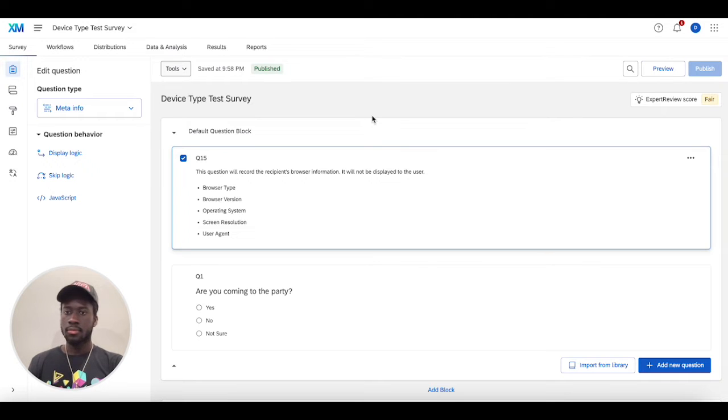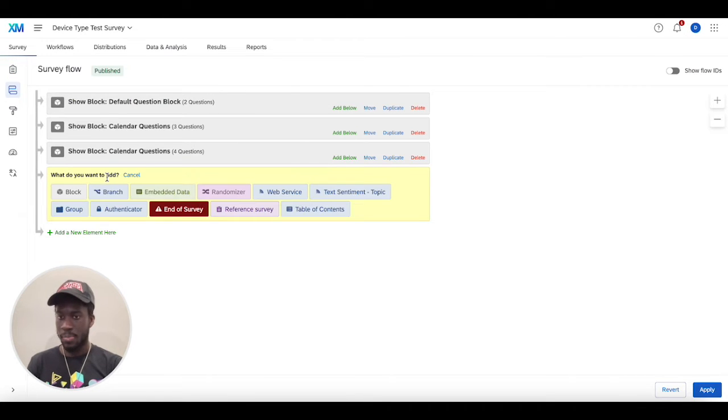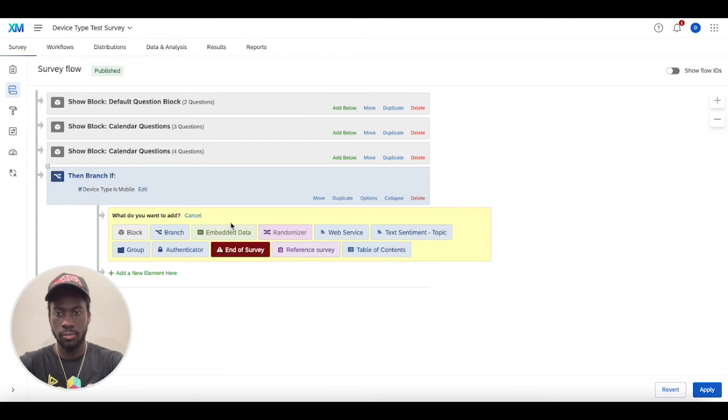Perfect. Now the second way of adding this additional information to your survey is in the embedded data itself with your survey flow. So if you head to the survey flow, there's a very specific branch statement that you can use called device type to capture specific devices used to take your survey. In this case, if you want to go pretty broad and just do mobile versus non-mobile,